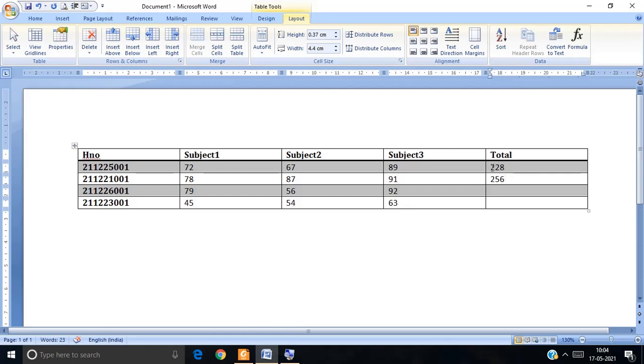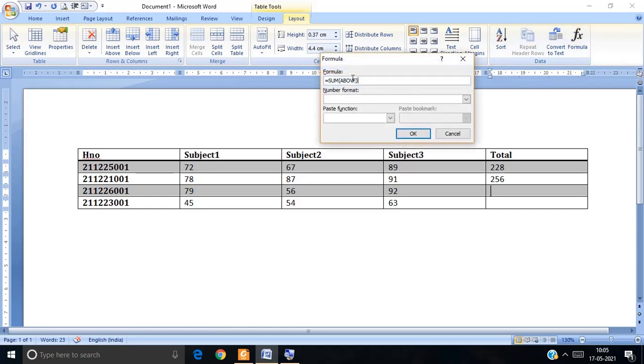Again, if you want to drag the values from here to here, it is not possible. So again you have to go here and click on formula, and then the next one.